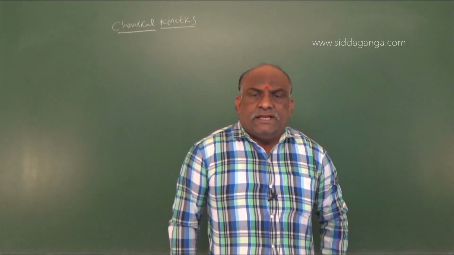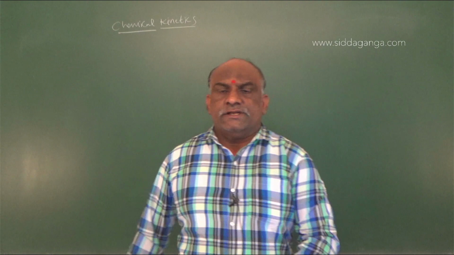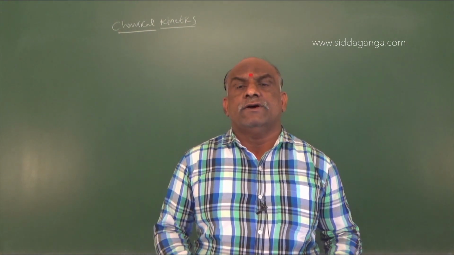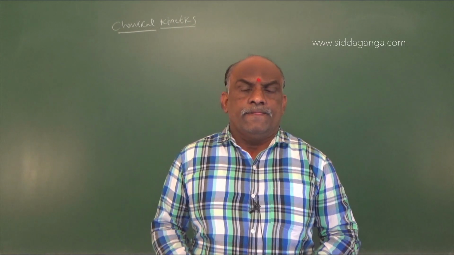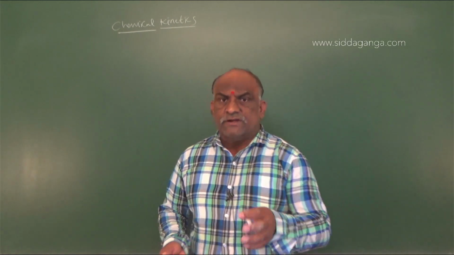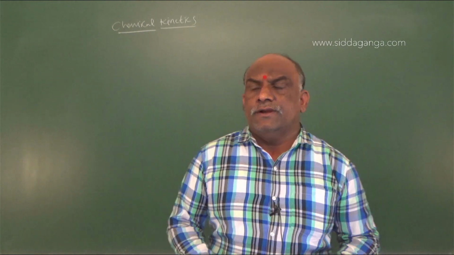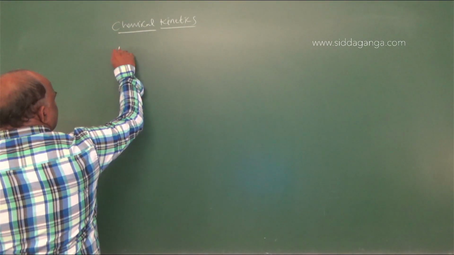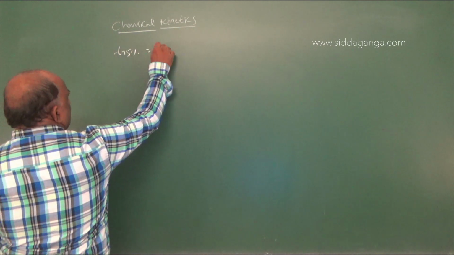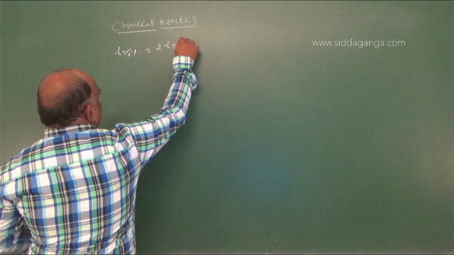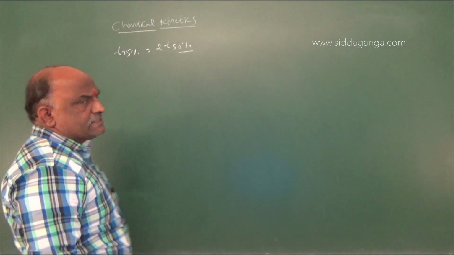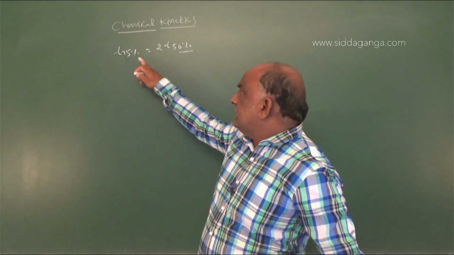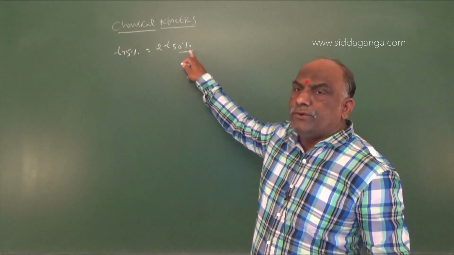If 50% of the reaction finishes in 16 minutes, 90% of the reaction takes place in how many minutes? That type of conversion is also very important. Here we already know, in the last class we did, T75% is equal to 2 into T50%. This is a very important standard and branded formula. Don't neglect this. T75 is equal to 2 into T50.